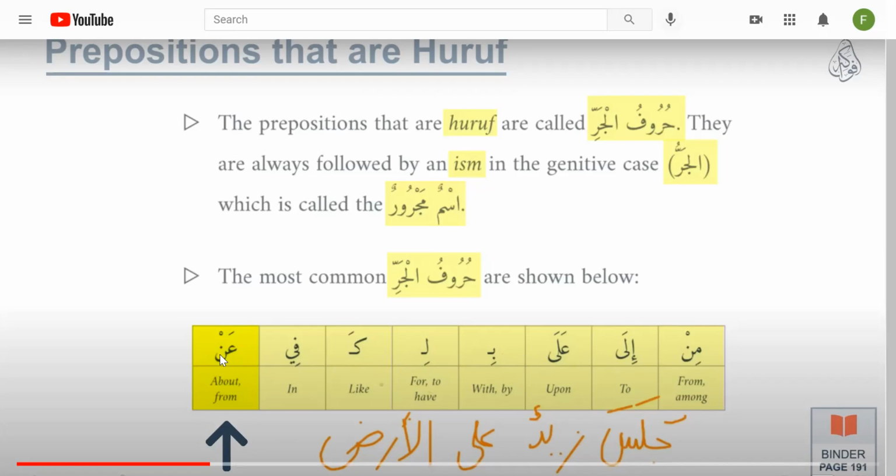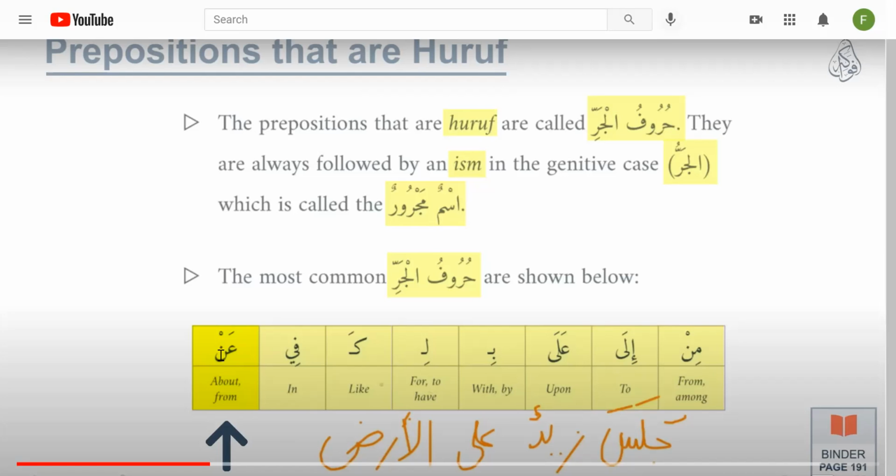So notice how with your huruf, only one of them has a fatha. The rest of them end with something else. So that's another good way. I wouldn't call it a rule. It's kind of like a quick little pattern that I've noticed. The huruf can end with just about anything. They can end with sukoon, fatha, kasra, sometimes even dhamma. But the dhuruf usually end with a fatha.